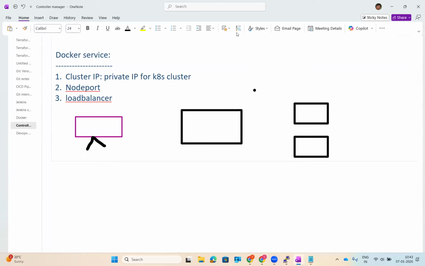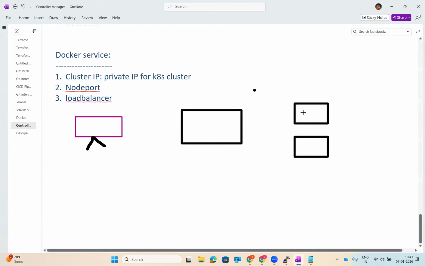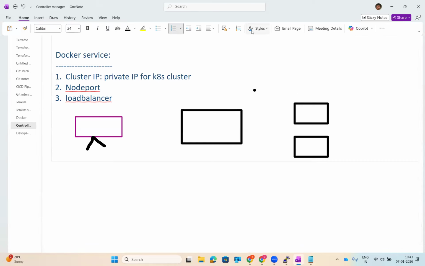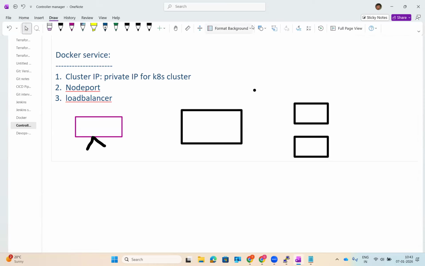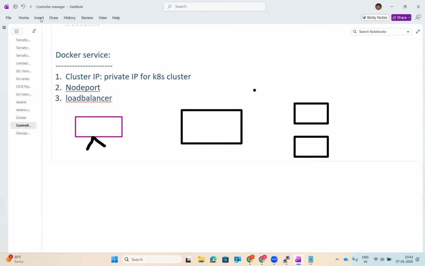And in this pod, I do have containers also. So consider within this pod, what I have, there is no diagram, I'll make it a circle. Okay, consider this is,